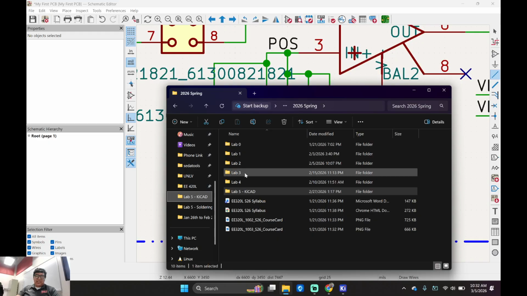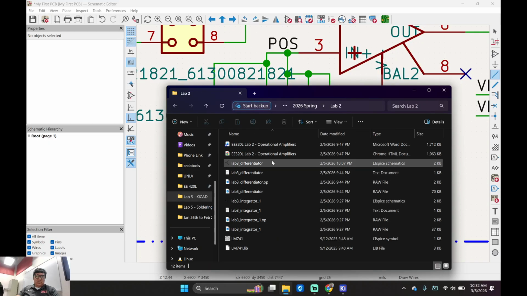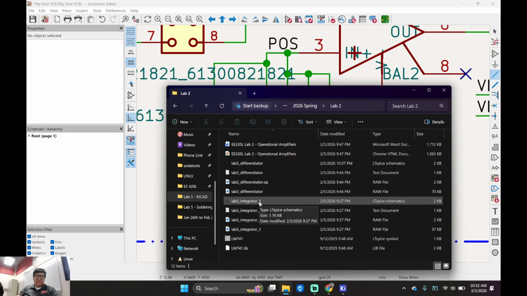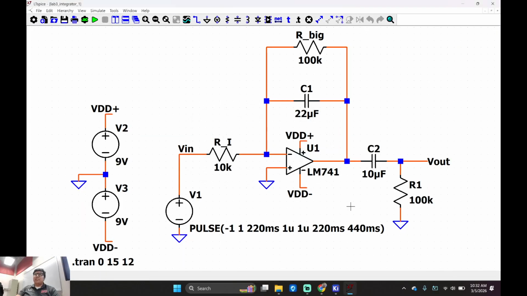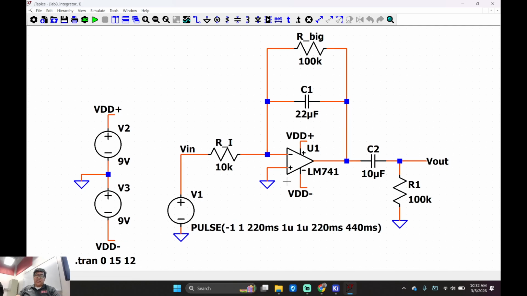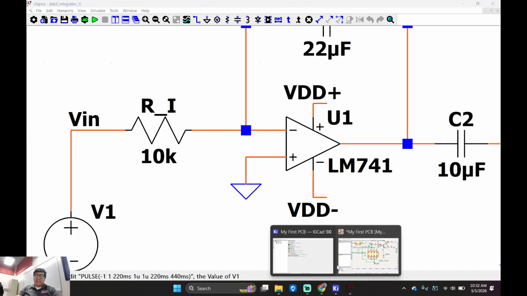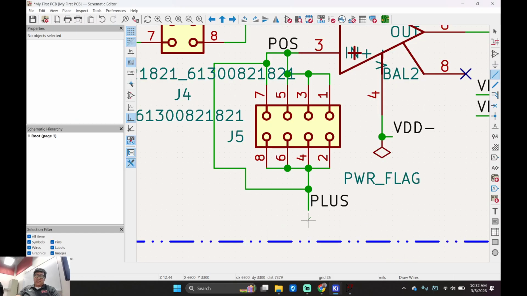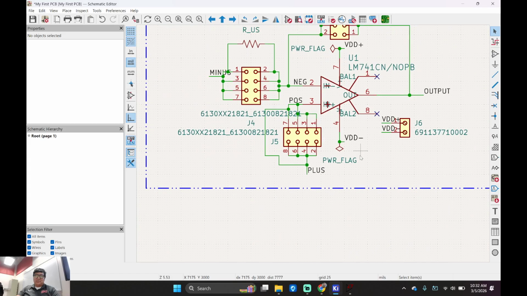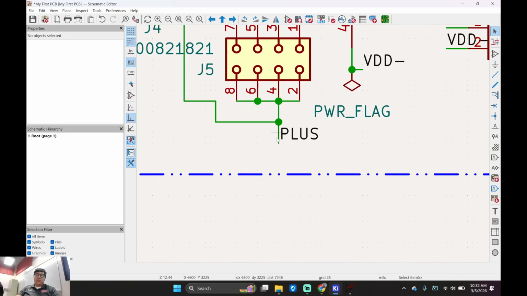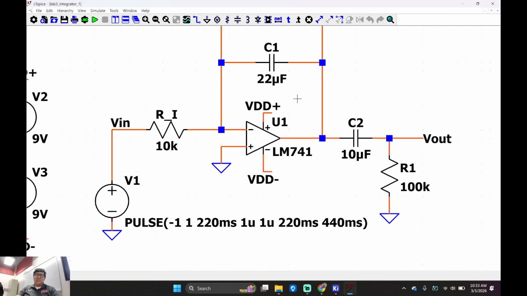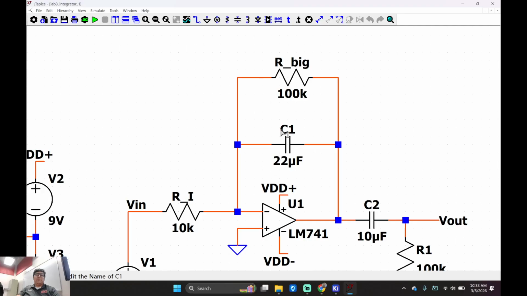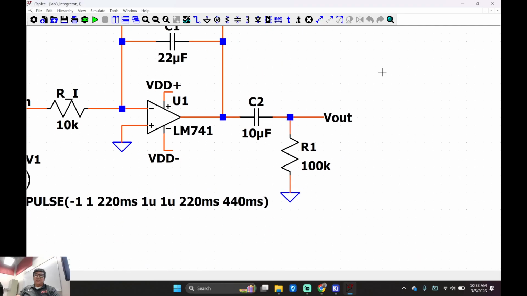KiCad, spring. There's a lab 2. Let me see. Should I use a simulation? Yeah, sure. No. Right? Not too hard, right? So you see the plus right here is grounded, right? Just like this guy right here, grounded. Anyways, you're going to put a ground. You're going to force this one to ground when you build it, right? And then this right here is my feed forward. And then look at these two components right here, right? Feedback. And then what about my output?